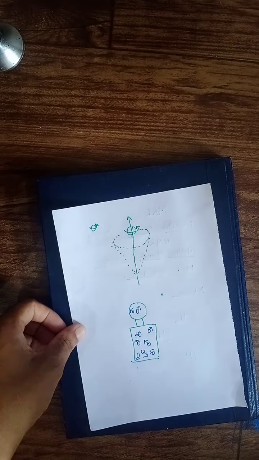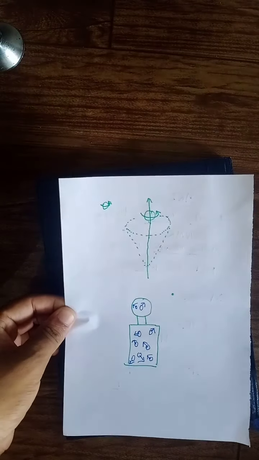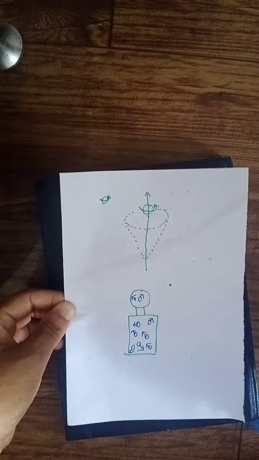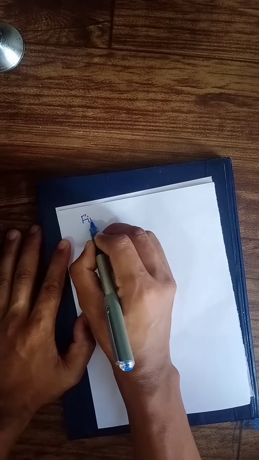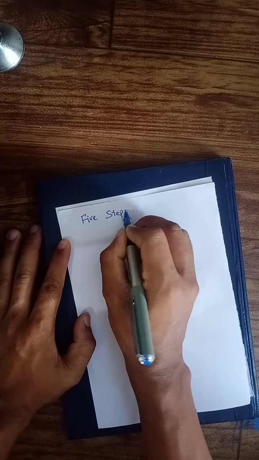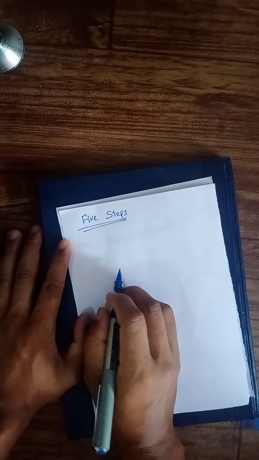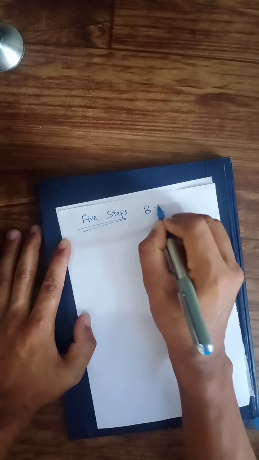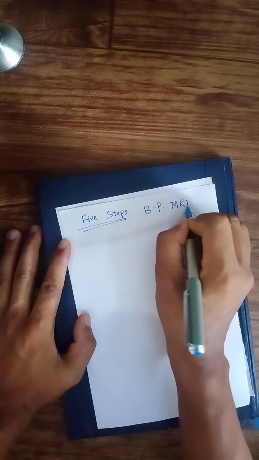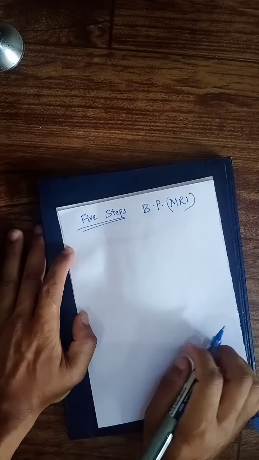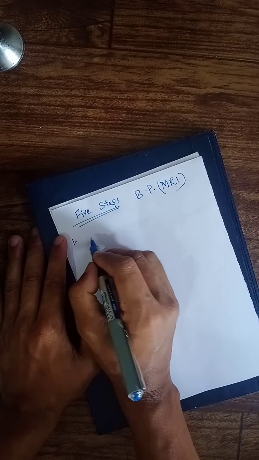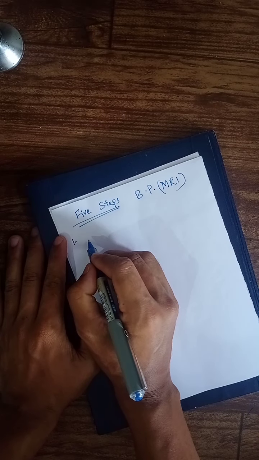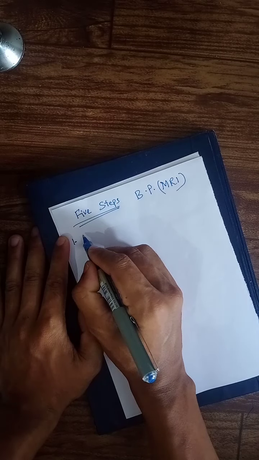So let me show you another thing. Next, the principle of MRI, where we have these steps. We have 5 steps for the basic principle of MRI. You have to learn this properly because it is in a short form, but it will be very helpful. The first thing is body